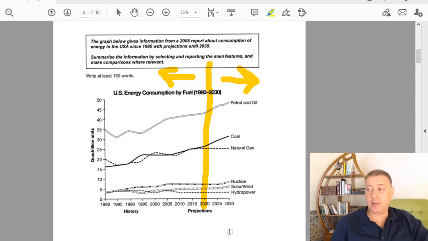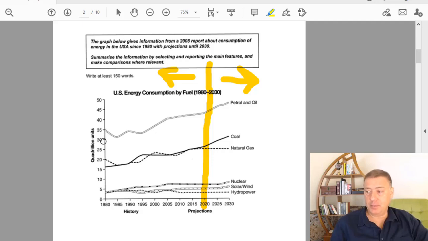Again, this is another way that you could divide your details paragraph. So one talking about time up until now, and then predictions for the future. The reason I would do it the other way for this particular one is that you've got 6 different lines to mention, and so talking about them, splitting the time that way, and then talking in a continuous way about data from one point to the next can be difficult. But again, if you can do it and it's clear, that's not an issue. For me, I think that would be difficult, so I wouldn't do it that way. So if you think about the